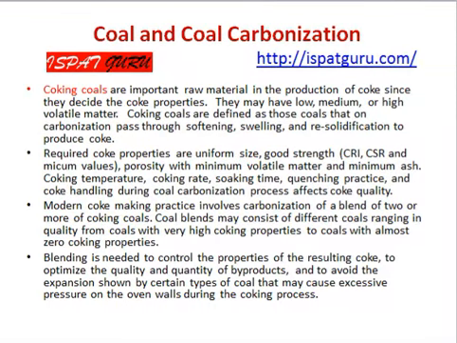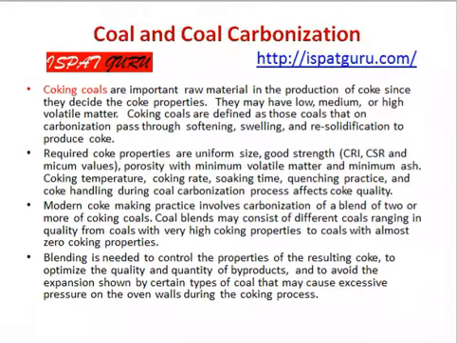Modern coke making practice involves carbonization of a blend of two or more coking coals. Coking coal blends may consist of different coals ranging in quality from coals with very high coking properties to coals with almost zero coking properties. Blending is needed to control the properties of the resulting coke, to optimize the quality and quantity of byproducts, and to avoid the expansion shown by certain types of coal that may cause excessive pressure on the oven walls during